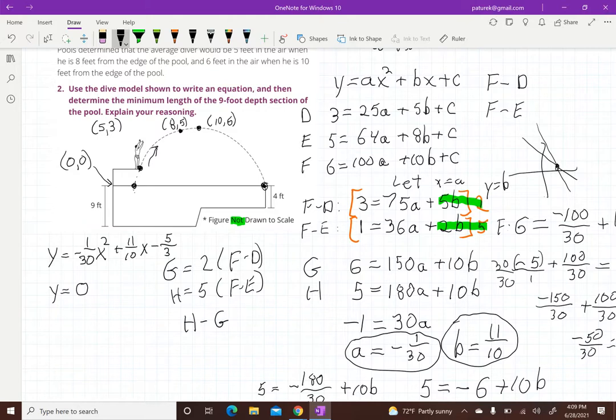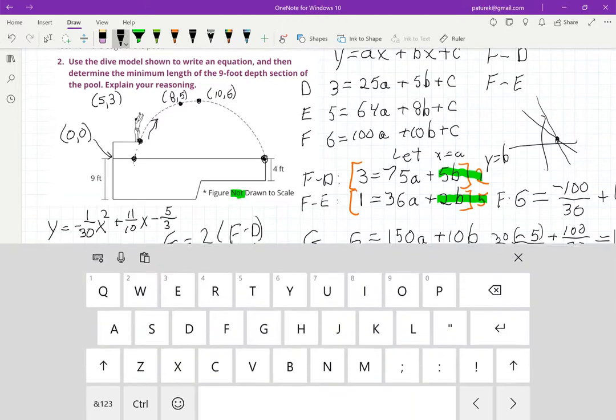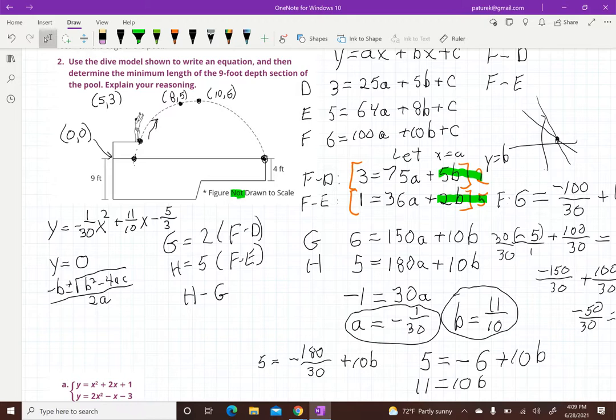To solve for this, oh my goodness, you have to find that value of x for which y is equal to 0. I suppose one way to do it would be to break out the quadratic formula and find the 2 roots. A little bit tedious, but -b plus or minus the square root of b squared minus 4 times a times c, all divided by 2a, will get you to the answer. So if you are willing to plug it in, it would be